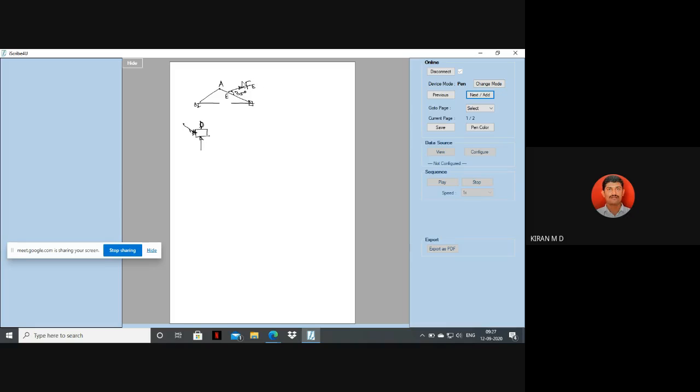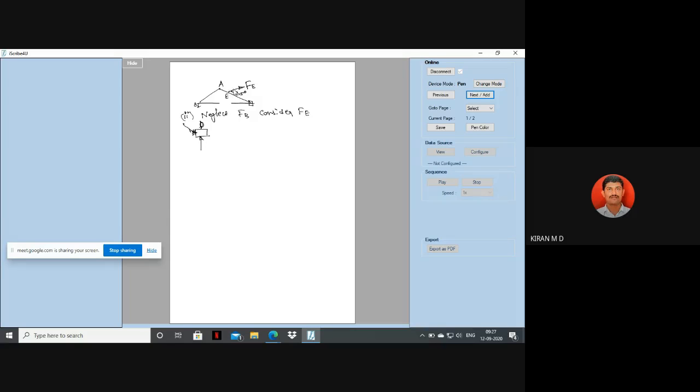This is second condition. Condition number 2: neglect FB, consider FE. In that case, we are going to find out the resultant force on this one. So even if you don't bother about this piston force, directly you can draw this one. First, to find out that, we know these directions, right?